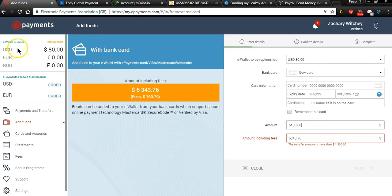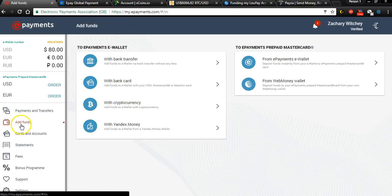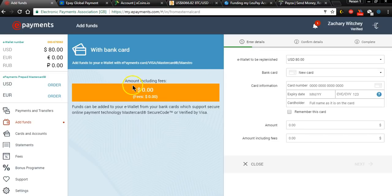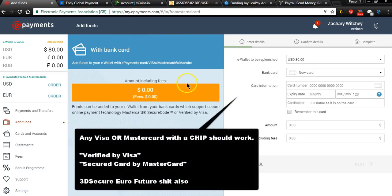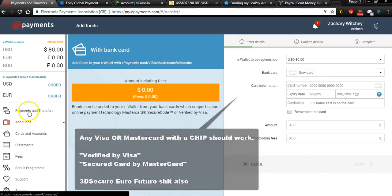This is epayments.com. I actually used a card earlier tonight and uploaded like, I don't know, 80 bucks. So what you do is you go to add funds. It says bank transfer, but you can only wire. So you use a bank card, any verified by Visa card, which essentially is any Visa card that has a chip in it. You type in however much you want, up to 1,500 bucks, and it sends it instantly. And then once you have loaded your account, like I have $80 in here right now, you would go